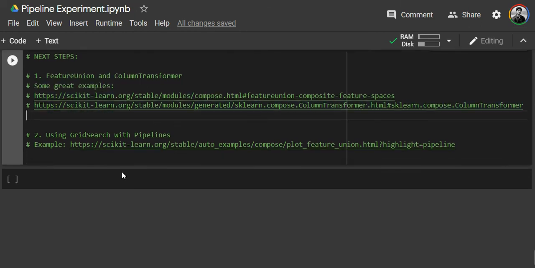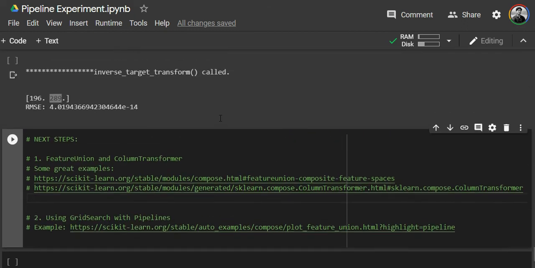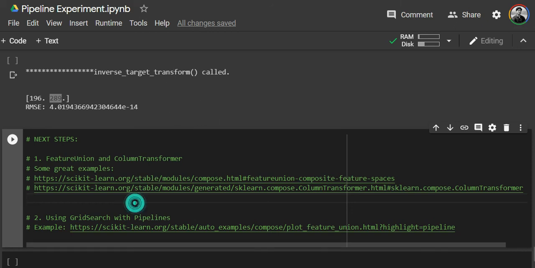And the next step, I'm very confident you would be doing eventually, is hyperparameter tuning or finding out the best parameters using grid search. Using grid search on pipelines follows a particular syntax. Once again, you can read about it on the scikit-learn official website. These two are not very hard to understand if you have the basic grasp of fundamentals, and if you have understood till here, they should be very easy to understand.